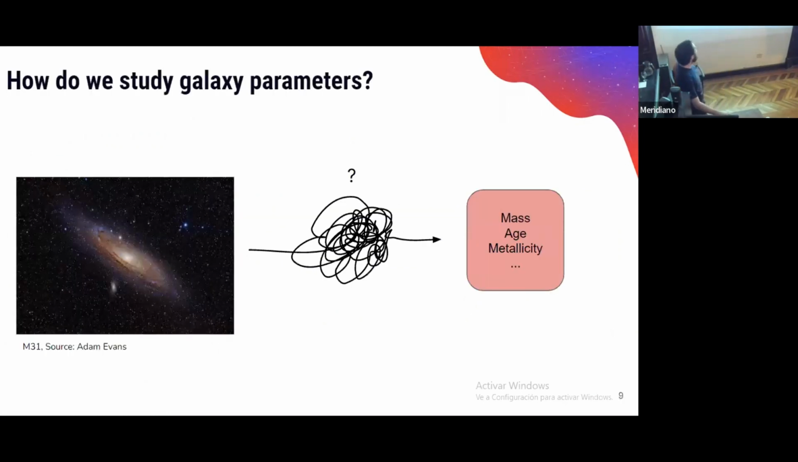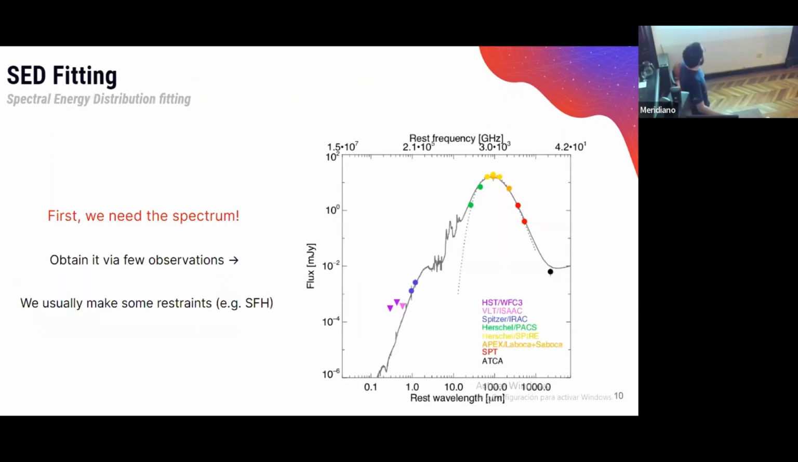The main motivation behind this is, for example, how do we study galaxy parameters? How do we go from an image such as this one of the Andromeda Galaxy to obtain the mass, age, and metallicity of these objects? Usually, we do some kind of SED fitting, spectral energy distribution fitting. The basic idea is that we need the spectrum to obtain these parameters, and we can do this kind of SED fitting